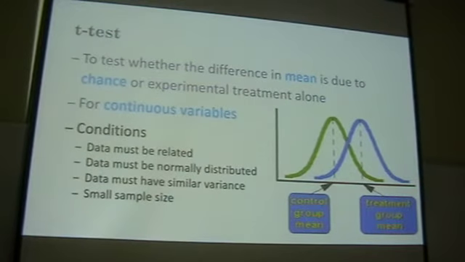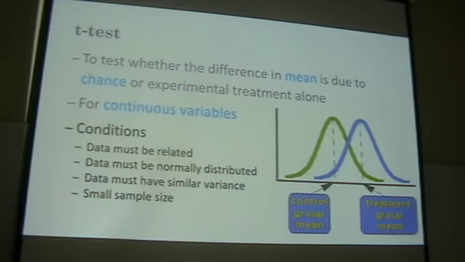Now t-test is slightly different from chi-square test. T-test is, can we highlight the keyword? You are testing for difference in mean. You are not only testing for the data, that means the expected and observed difference. You are testing for the mean difference. So if you look at this graph, the green one is the control group, the blue graph is the treatment group, but you are not comparing all the data points, you are comparing the black vertical line. You are comparing the mean of the green graph and the mean of the blue one. And you see whether there's any difference in the mean. Not difference in the individual data set, it is difference in their mean.